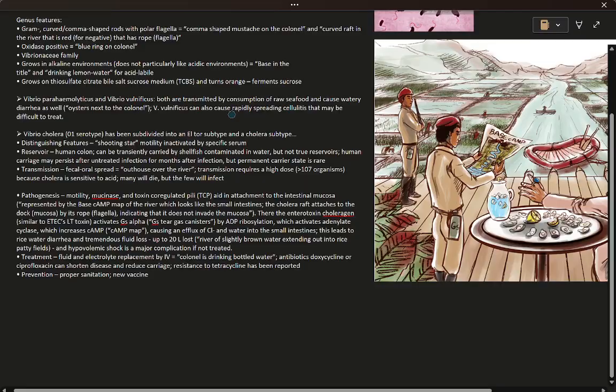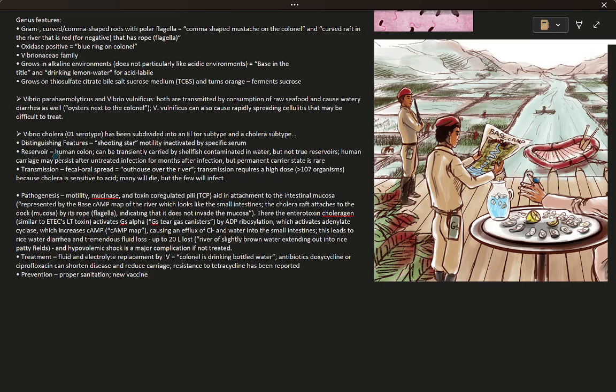So just imagine some shooting stars. That's how they travel. And for reservoir, they can be found in the human colon, and they can transiently be carried by the shellfish contaminated in the water, but those are not necessarily the true reservoirs. On the other hand, the human carriage may persist after untreated infection for months after the